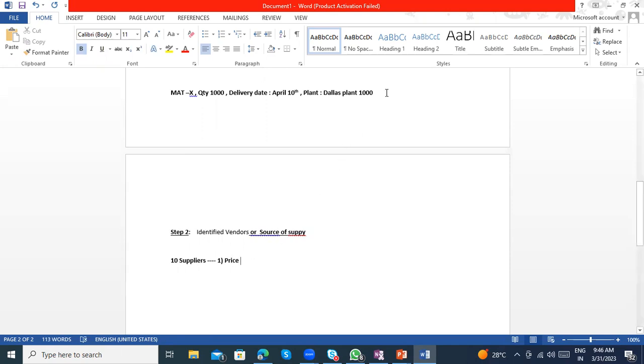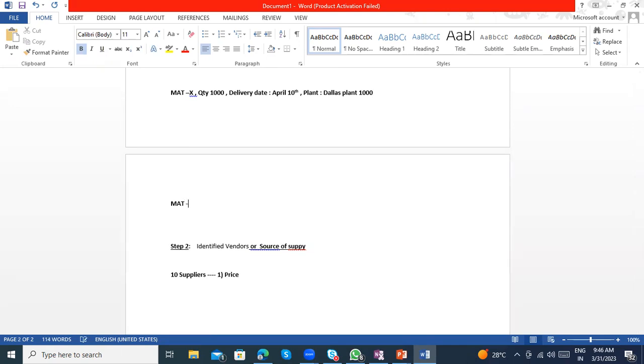Suppose material X, if I get it in the supermarket, is like $100. Let's assume this is $100. If I go to Walmart or something, which is a big supermarket or store, then I will get this material X again, I will get